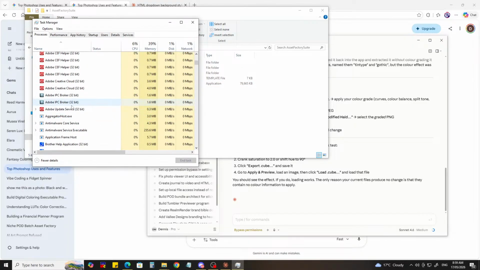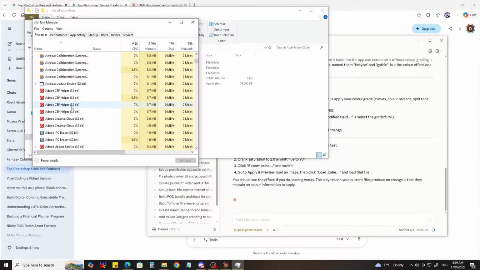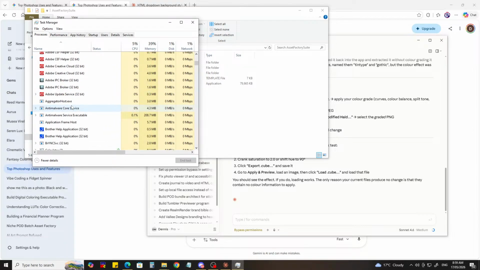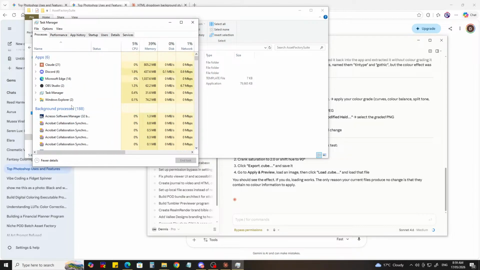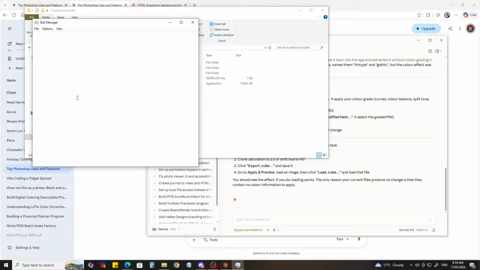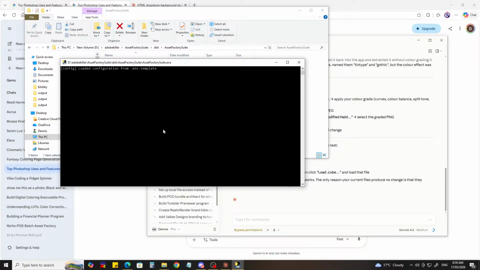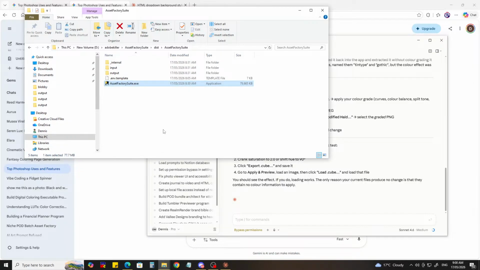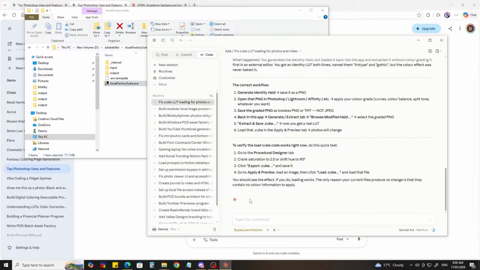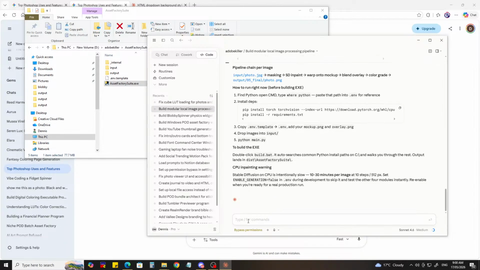And it does not want to actually load up because it's not there. So for some reason it closed itself off because this is not showing up here. So we're going to close that off, pop this back up again, and we'll see what happens. If it closes off and doesn't pop itself up, okay. Let's go back to Claude, and we're going to say build. Okay. All right. The file